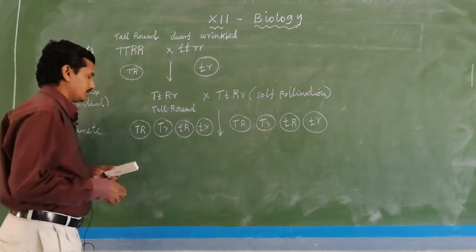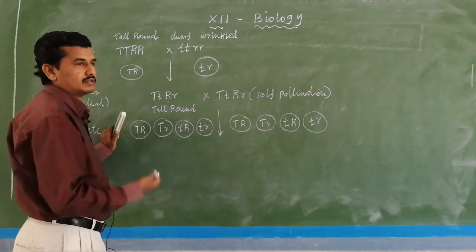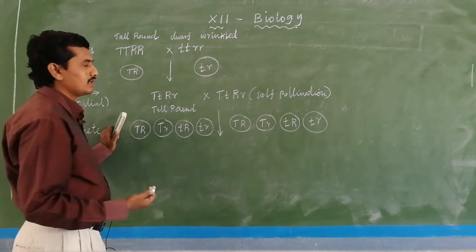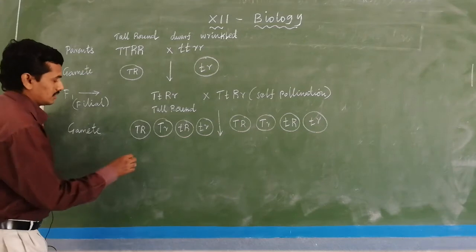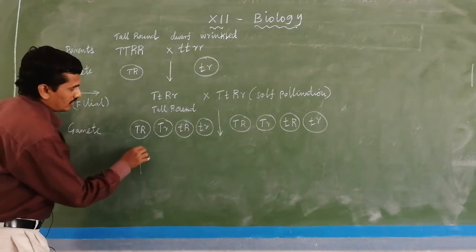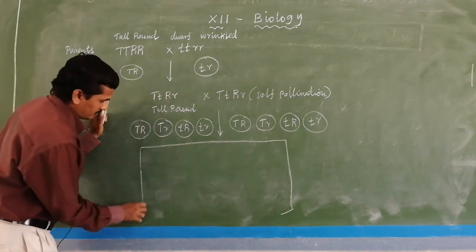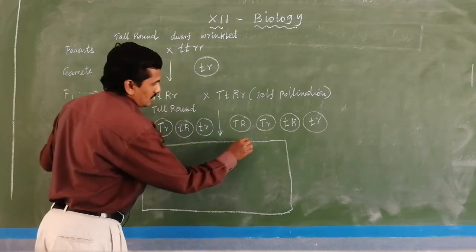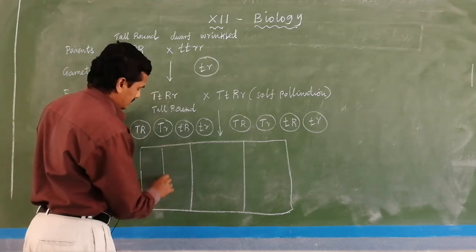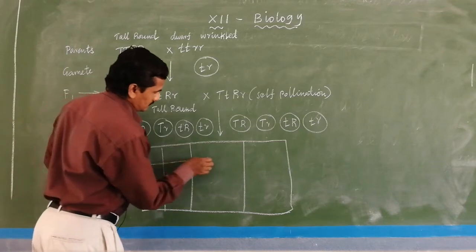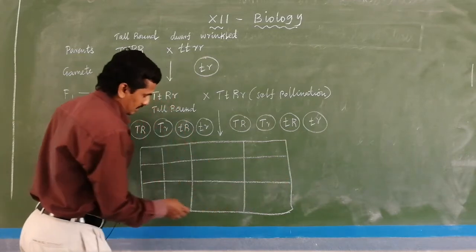Normally, with the use of arrows we can join and fertilize the male and female gametes, but with the use of a Punnett square we can also deal with it. We make a Punnett square because 4 into 4 is slightly difficult. A Punnett square is the square devised by Reginald C. Punnett for easy identification or an easy cross. Because 4 gametes are produced, 4 into 4, 16 boxes are needed.